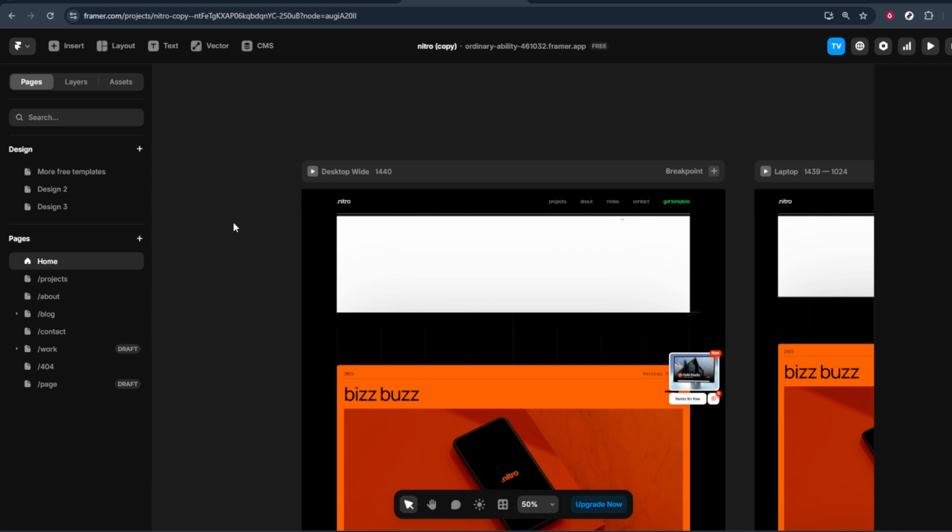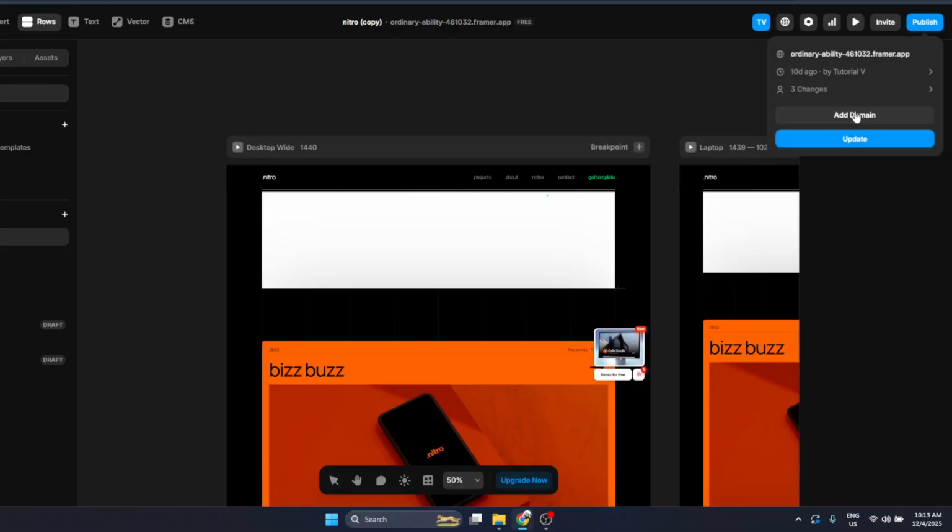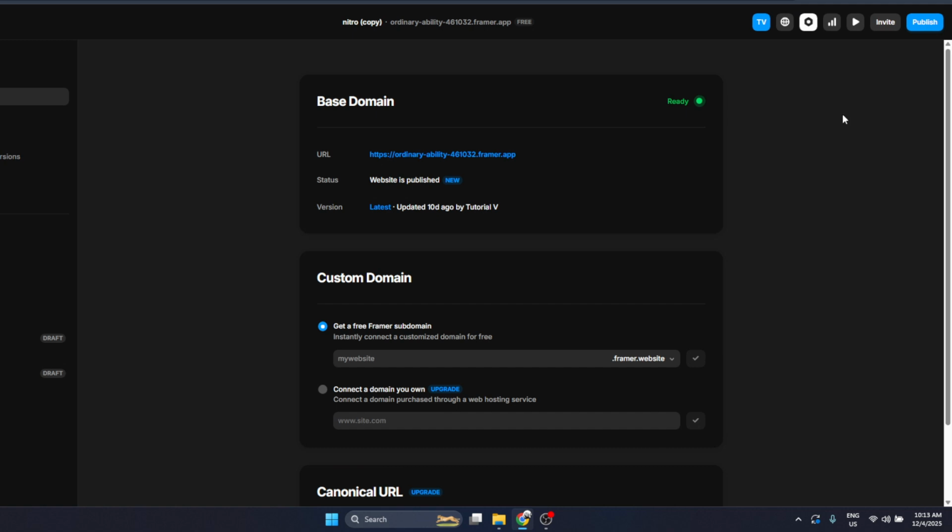in a browser. First, go to the upper right corner of the Framer interface. Here, you'll see a button labeled Publish. This is your main gateway from design to live website. Go ahead and click that Publish button. When you do, Framer will open a panel that shows options related to publishing your site, including where it will